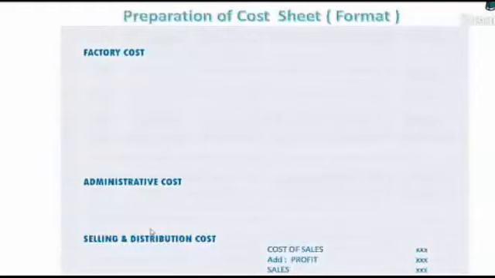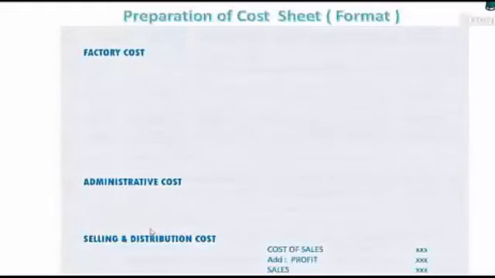So we may have a different concept in financial accounting, like cost of sale. It is different in financial accounting, and it is different in cost accounting. In cost accounting, cost of sale means from manufacture to sale, all costs combined together is cost of sale. Whereas in financial accounting, what we do is sales less cost of sale, then we calculate GP. Then we keep on deducting further expenses. So their cost of sale is different, and here cost of sale is different.